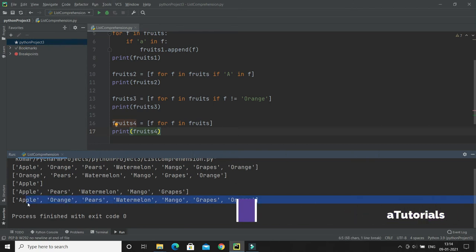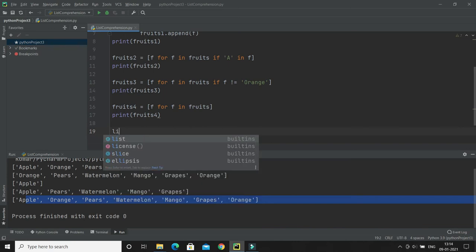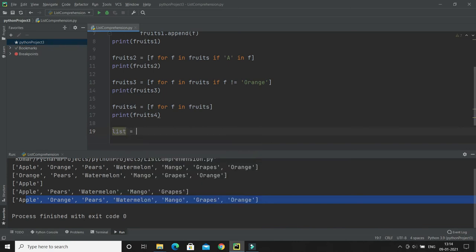Now we can create a list using the range function as well. Let's say I would like to get a list, and here I would like to use the comprehension. I would say i for i in range, and for the range function I'm going to give 10. This means the range function will return numbers starting from 0 till 9, and that will be stored into the list.